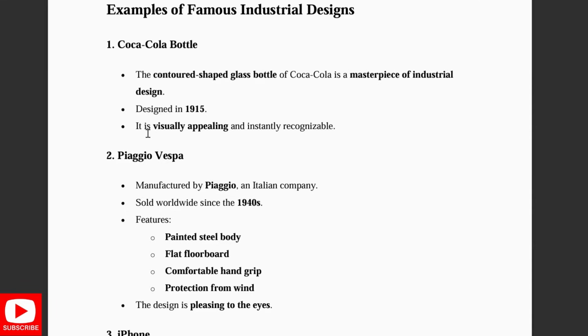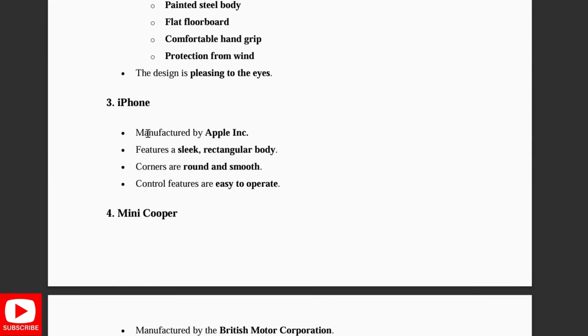Next is Vespa. This is manufactured by Piaggio, an Italian company, and sold worldwide since the 1940s. Its features are a painted steel body, a flat floorboard, comfortable hand grips, and protection from wind. The design is pleasing to the eyes. The iPhone, as we know, is manufactured by the Apple company. Its features: it is sleek and has a rectangular body, the corners are rounded and smooth,